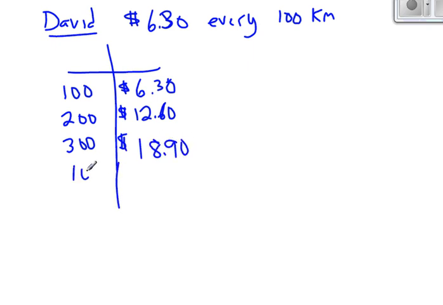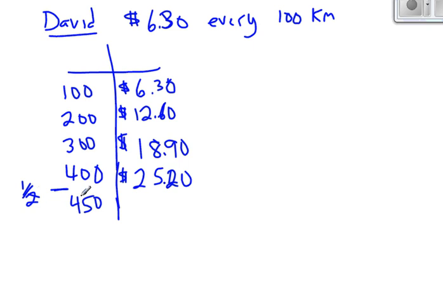Go another 100 kilometers, so he's at 400 total, and he's spent in gas a total so far of $25.20. Now, the last leg of the journey is only a half leg. So this was 100, 100, 100, but this is only half of a leg. If this distance went up by a half, I'm going to have to make this go up by half of what it normally goes up by. So instead of adding $6.30, I'm going to add half of that. I'm only going to add $3.15 because he doesn't go quite the full 100 kilometers. So 25.20 plus 3.15